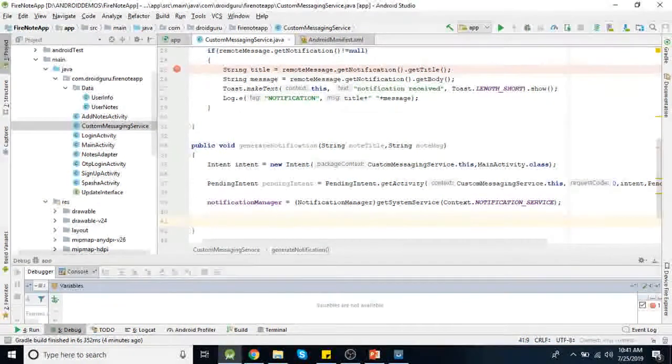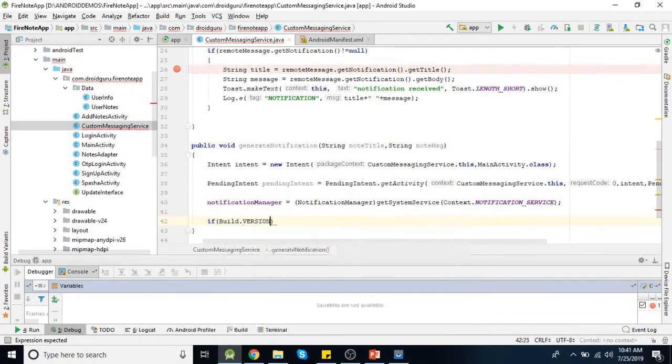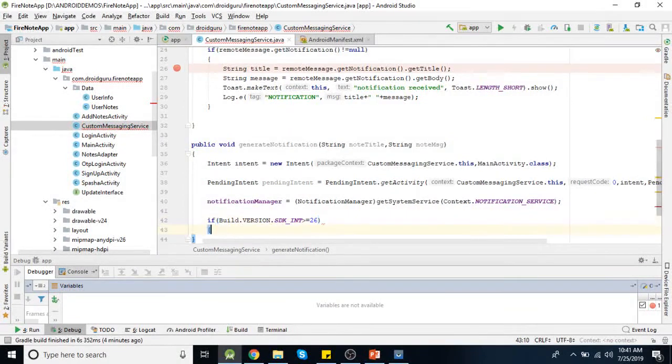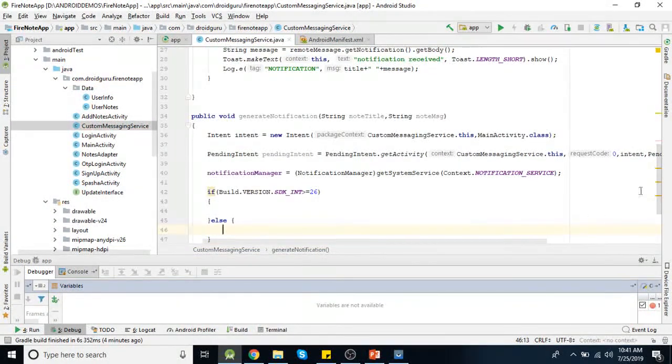So here first you need to check if build dot version dot SDK int is greater than or equal to 26, then you need to create that channel. Otherwise you can simply use a notification builder.